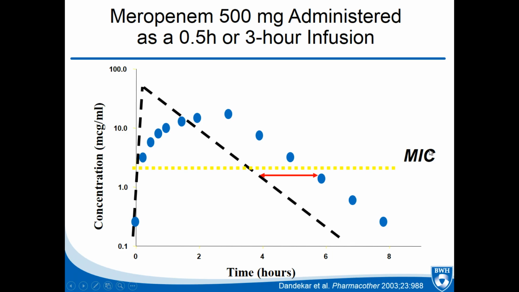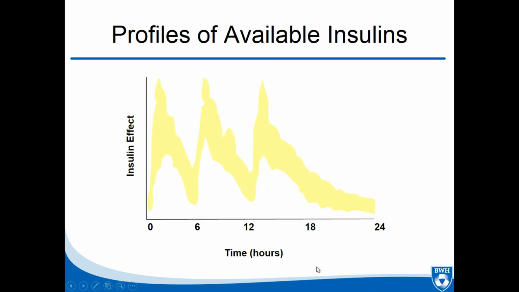Another example, same general concept, is meropenem. The package insert says to administer it over half an hour, but if we administer it over a prolonged infusion, the time above the MIC is actually expanded by 2 hours. Another medication, like I was saying, to optimize our PK-PD relationship is insulin, because insulin is extremely kinetic-based